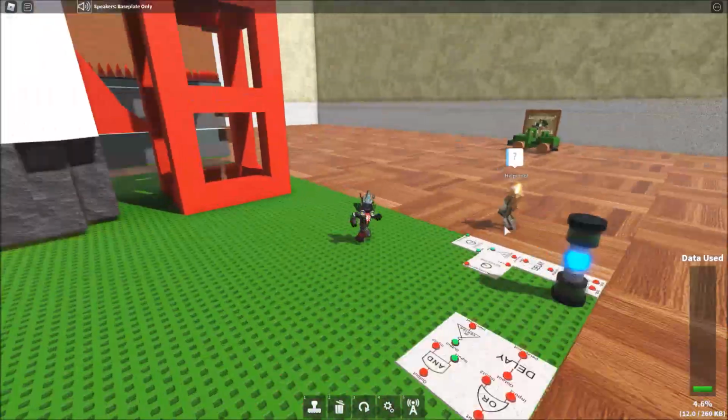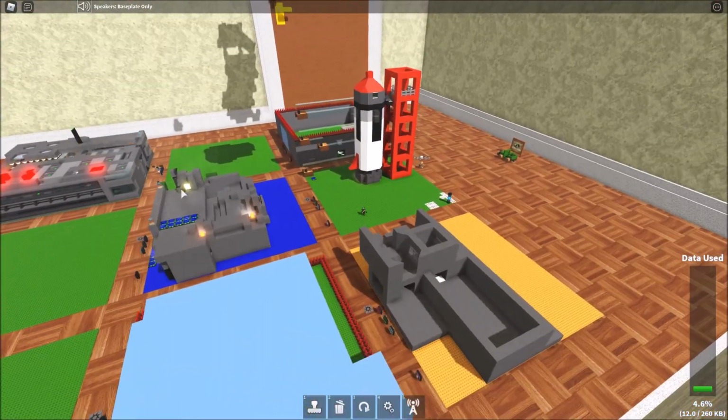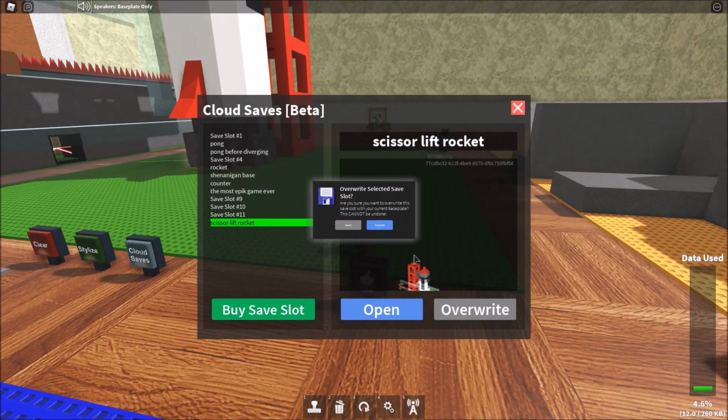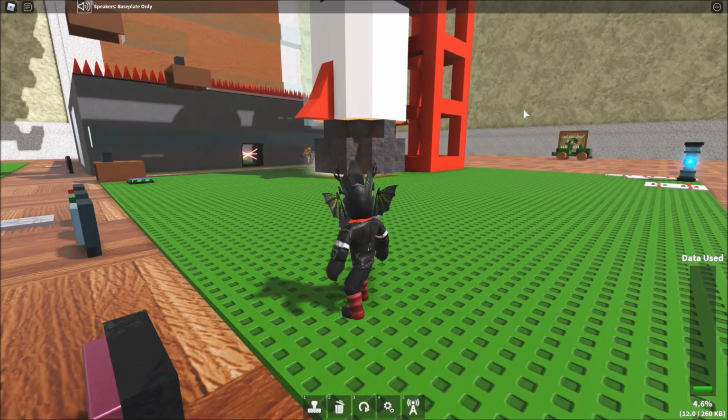Still no downwards elevator, so I might want to fix it. And get something in place. Ooh, someone else has a space base. Anyway, I'm just gonna overwrite. And yeah, since I made an airlock, I guess that counts as a moon base, so,